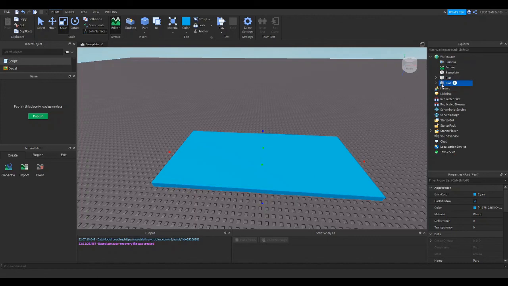And the new part we created is selected. So we can change our tool to move. If we go up above the game window where we have color and part, all the way to the left, we had scale. Right next to that is move. And when we click it, we'll see these